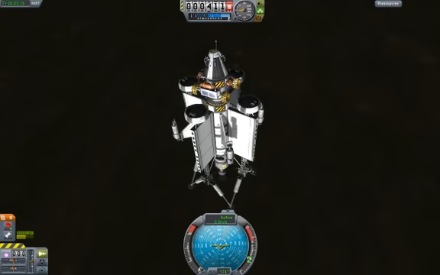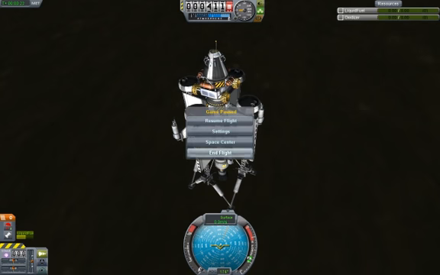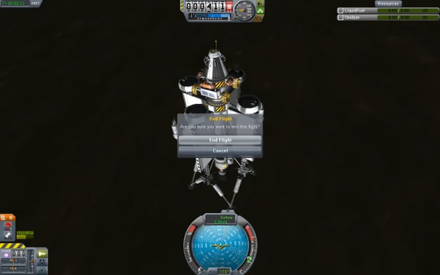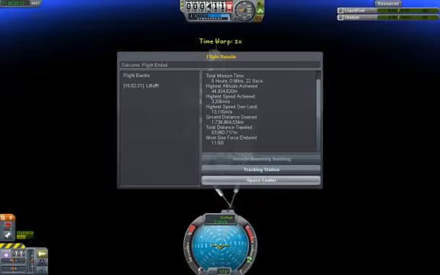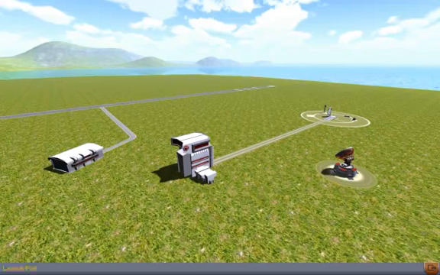About this pod though, I got the 4 big parachutes on the side. I mean, that's like a must. And I think you're probably wondering why I got the struts on the side there. That's for when I hit the moon sideways. If I fall over, I can prop myself back up. And that's pretty much all of it. So next time I'm going to